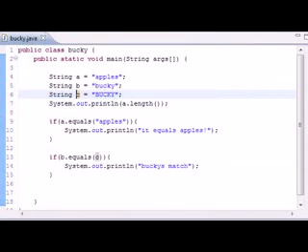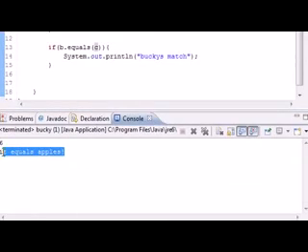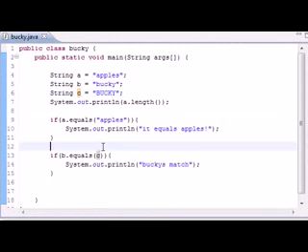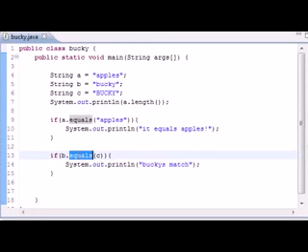Run, and it says Bucky's match. Nope, we didn't get a Bucky's match. So let's go ahead, and now we can see that, alright, this Bucky does not equal this Bucky. But what if we're writing a computer program and we want them to type their name or something, and we don't care about casing? Then how can we compare two strings while forgetting about casing? Well, what we need to do is this: put equals